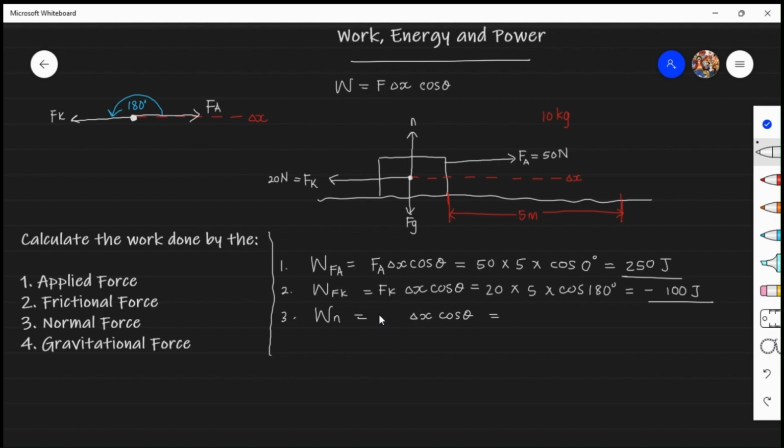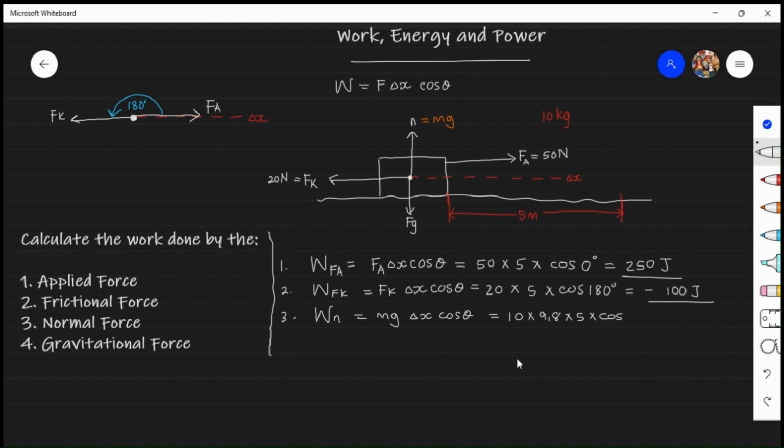So our mass is 10 kgs times our gravitational acceleration of 9.8 times our displacement of 5 meters times cos